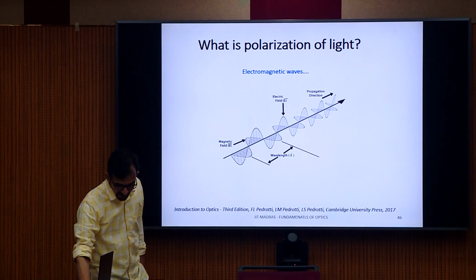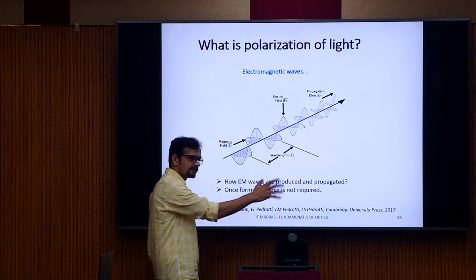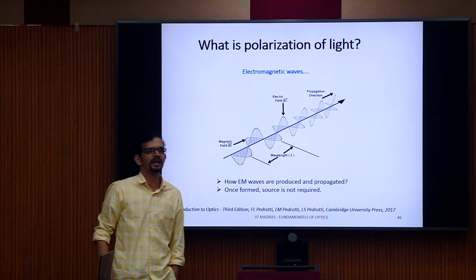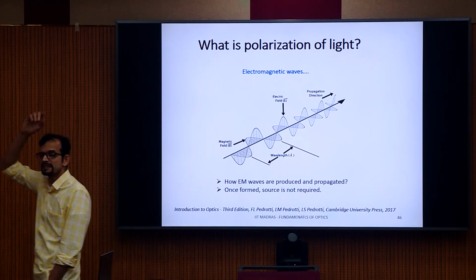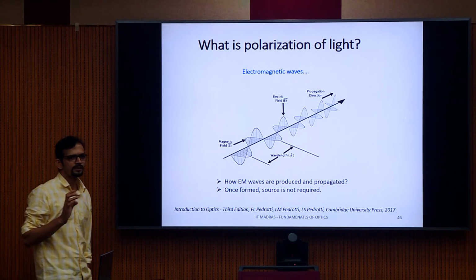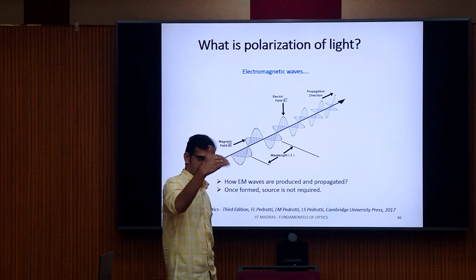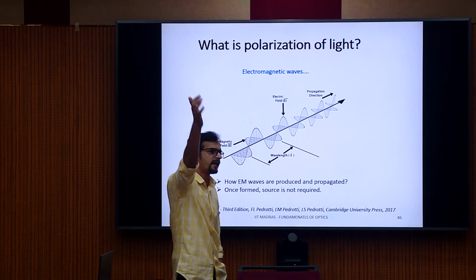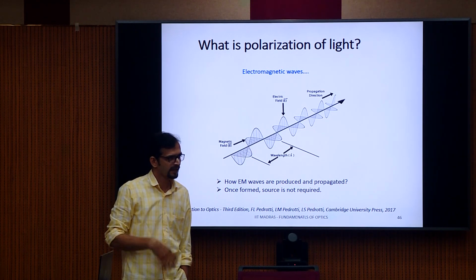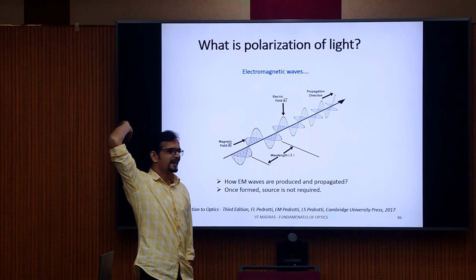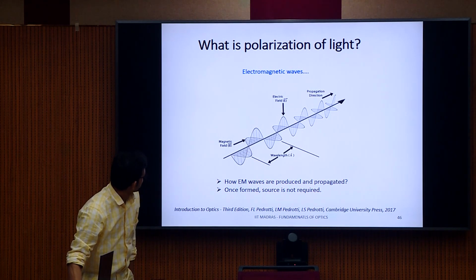This is the same reason we don't need the source once the EM wave is produced. That is why we can see light from distant galaxies. Sometimes the galaxy may not exist now. Because of this varying electric field and varying magnetic field, they will produce each other and continue until the wave gets absorbed by some material, right? That is why we can see our history from somewhere else. Okay, so then